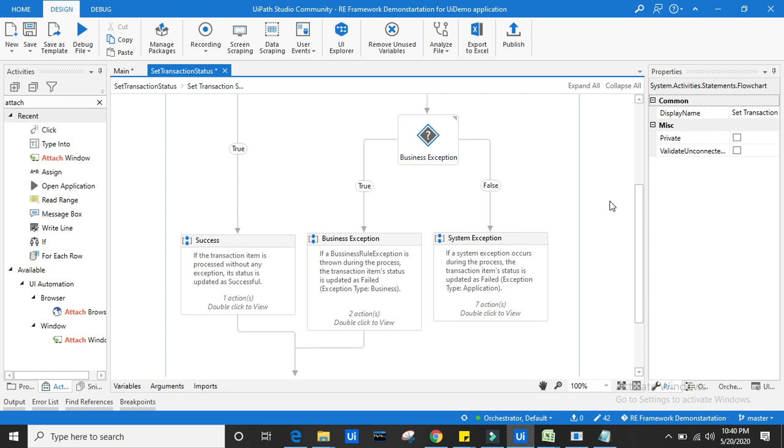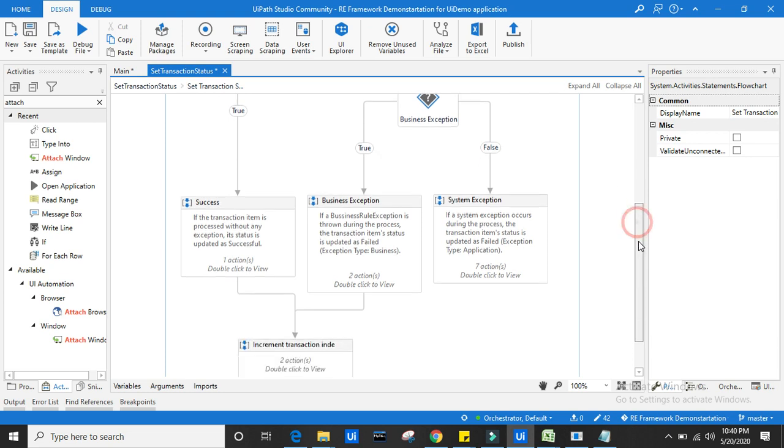One more example: your bank card number or any credit card number should have 16 digits. That is a business rule defined. If that fails, then it's a business rule exception. And a system exception is, say, a system crash, an update failing, an application crashing, system slowness, or system unresponsiveness. That is a system exception. We'll discuss this in the coming videos.